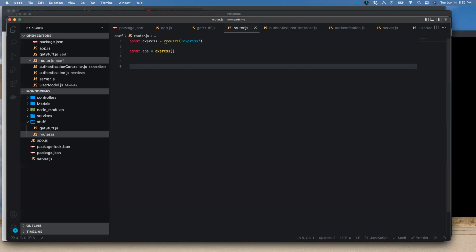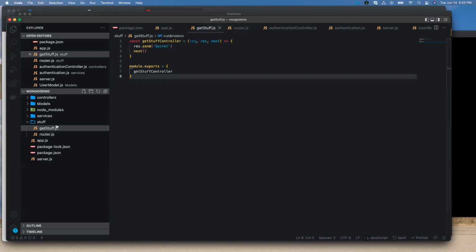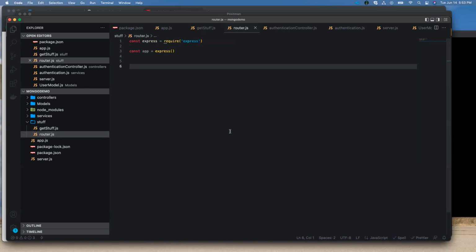So we will import the get stuff endpoint that we just created. Const get stuff controller, not from. I'm thinking about Babel now, so I'm missing from. So we've got the get stuff controller, app.get